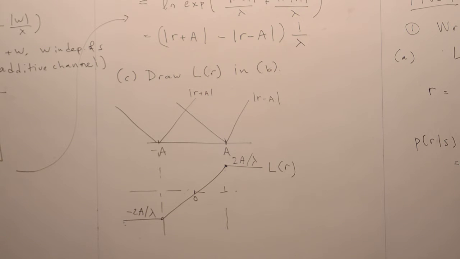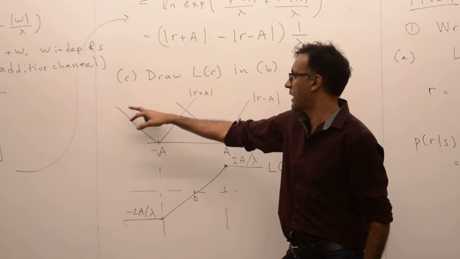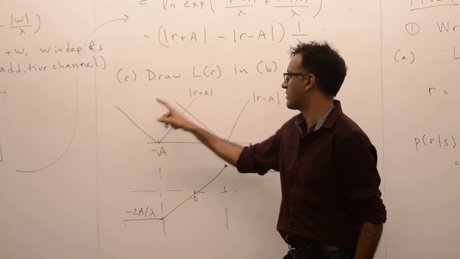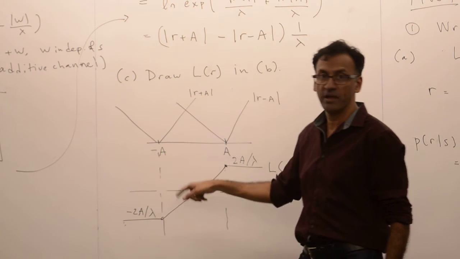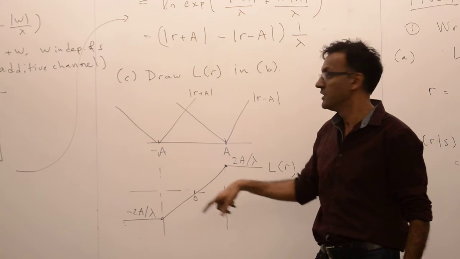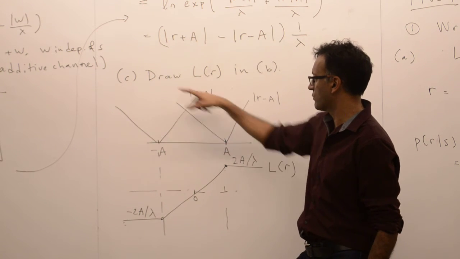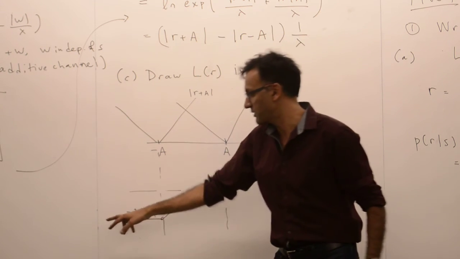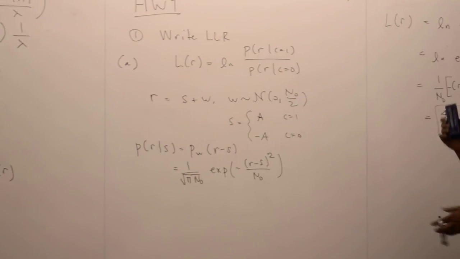How do we know it's an upside down triangle? How would I know to draw this? The way I would draw this is, in every region it's a sum of two lines, so it has to be a linear function. I just have to get the slope and the intercept at each of these points, and then draw them. In this region, this will have a slope of minus 1, and this guy will also have a slope of minus 1, but I'm taking the negative of that one, so it'll have a slope of 1 and minus 1. So it'll cancel out and be flat. And then you just keep on working. Whether I'd actually make you go and draw all that